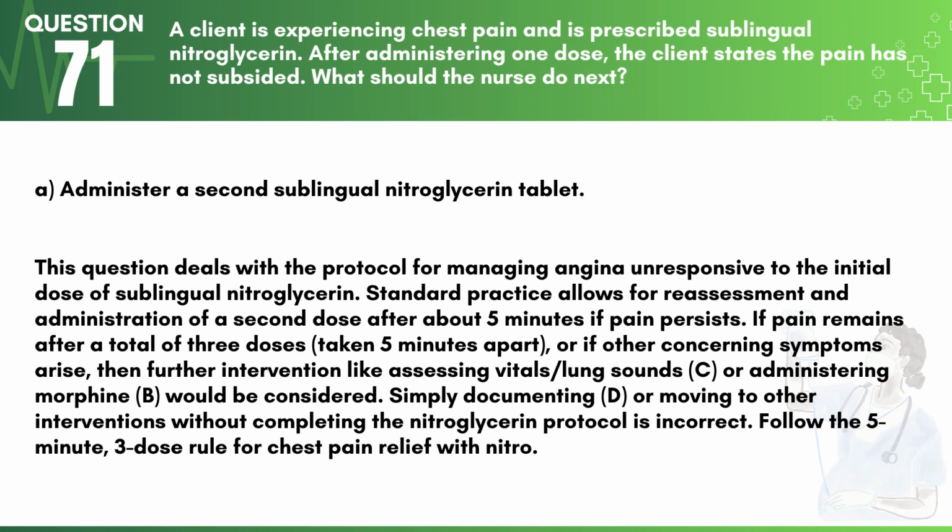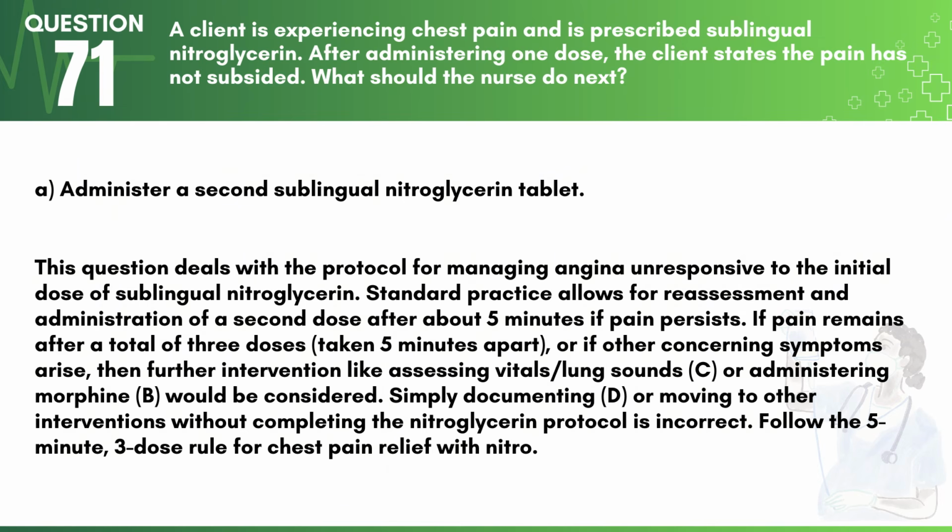Answer. A. Administer a second sublingual nitroglycerin tablet. This question deals with the protocol for managing angina unresponsive to the initial dose of sublingual nitroglycerin. Standard practice allows for reassessment and administration of a second dose after about 5 minutes if pain persists. If pain remains after a total of 3 doses, taken 5 minutes apart, or if other concerning symptoms arise, then